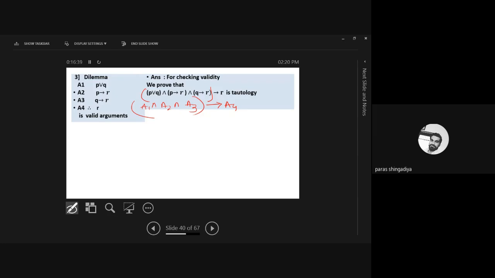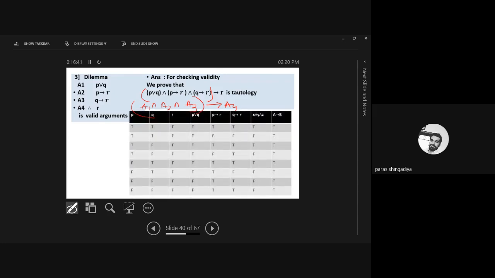Okay. So three statements are given: P, Q, and R. So it will involve some more data in this table. There will be 8 rows as per the data of P, Q, and R. The first three columns are fixed: P, Q, and R. We have iterated this many times, how to write this data in P, Q, and R. So that's very easy.